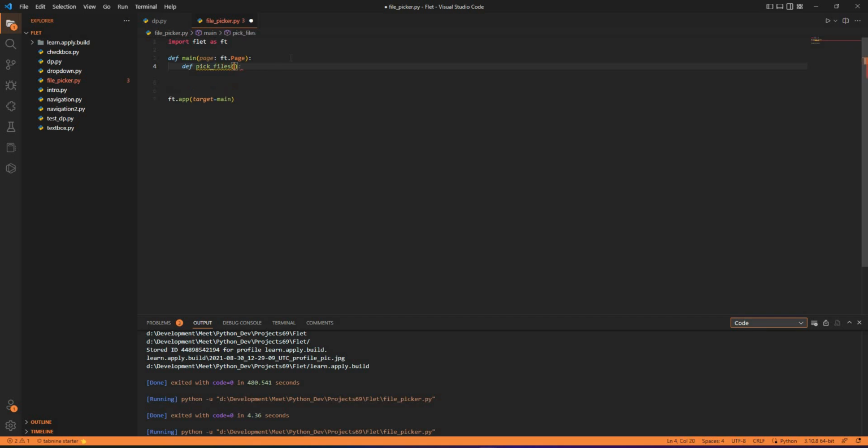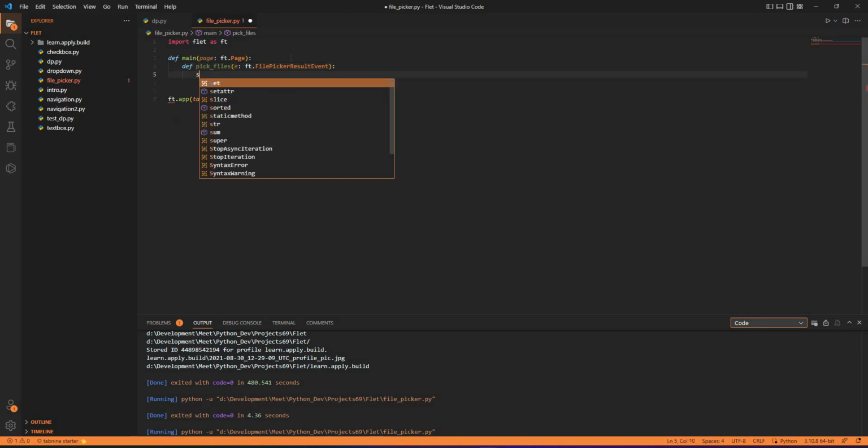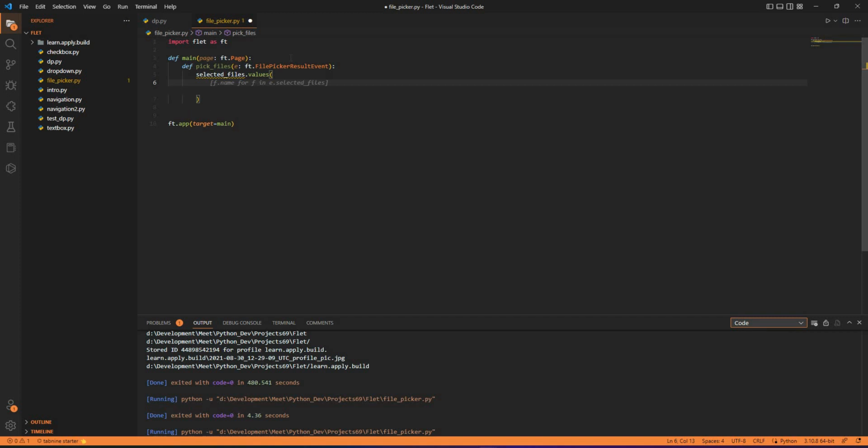and then that function will have an event. The function will have the event, and it will be ft.FilePickerResultEvent, this one. Okay, now inside this function I have selected files.value. Now its name, the file name would be there, or any type of file we want, right? So we just begin with a comma, space, and then the .join,